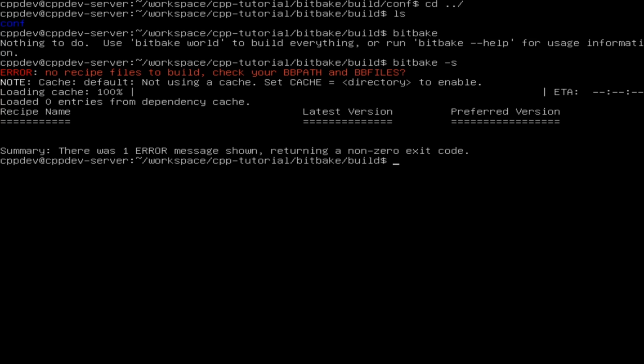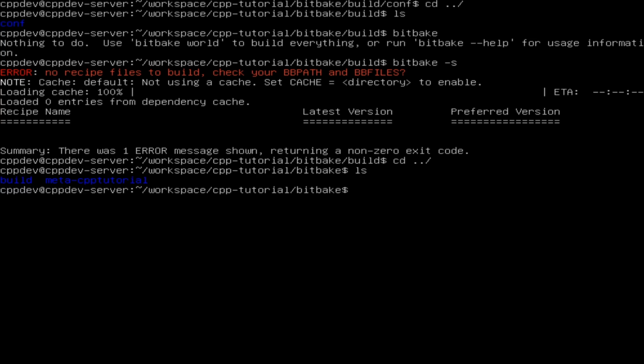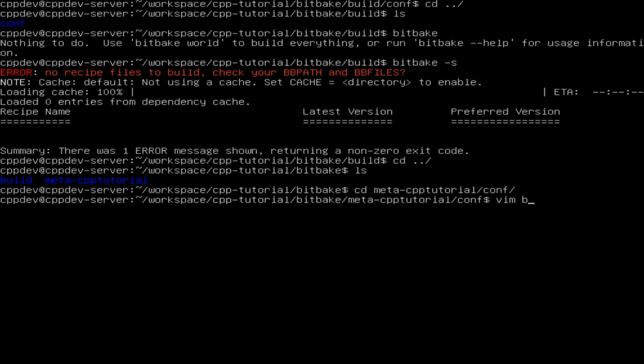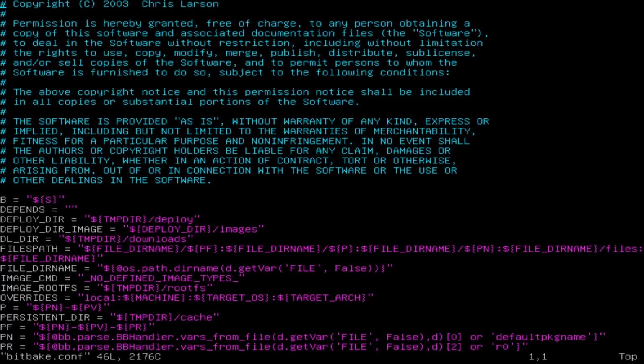So we are going to resolve these issues, and the first one that we have to resolve is to set the cache directory, which will be in the bitbake.conf from the meta cpp tutorial.